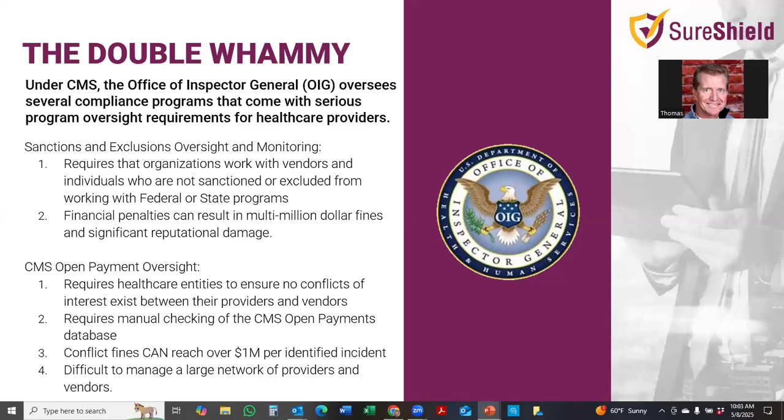So as you know, underneath these particular departments and areas, there's a requirement for anyone that's working and receiving monies from the federal government to make sure that those that are in their ecosystem are allowed to participate in that. They're not sanctioned or excluded from working in those environments. And if so, there can be some pretty significant financial penalties to your organization if you have providers like that in there as well. Also, there's the requirements to make sure that the providers in your organization don't have conflicts of interest as it relates to